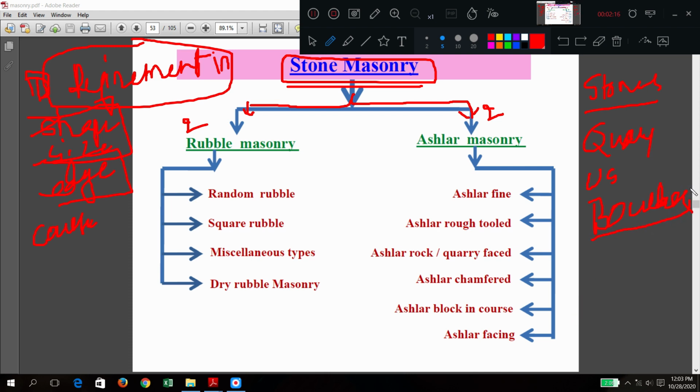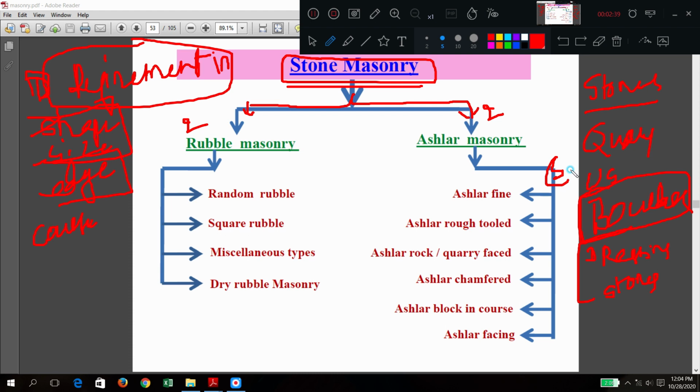Now from that quarry site, one operation was there. What is that? The dressing operation. What is meant by dressing operation? Changing the boulder into stones according to the requirement, changing the size and shape using dressing tools.